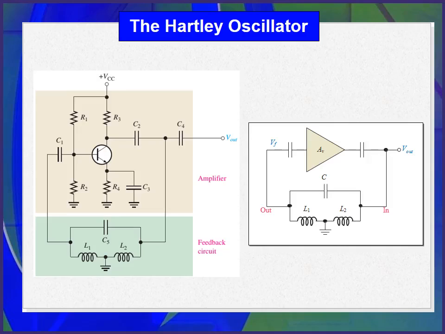The inductors act in a role similar to C1 and C2 in the Colpitts to determine the attenuation beta of the feedback circuit. So here we can define the beta value as the ratio of L1 by L2. To assure startup oscillation, gain must be greater than 1 by beta, that is A equal to L2 by L1. Loading of the tank circuit has the same effect in the Hartley as in the Colpitts, that is the Q is decreased and thus the resonant frequency also decreases.